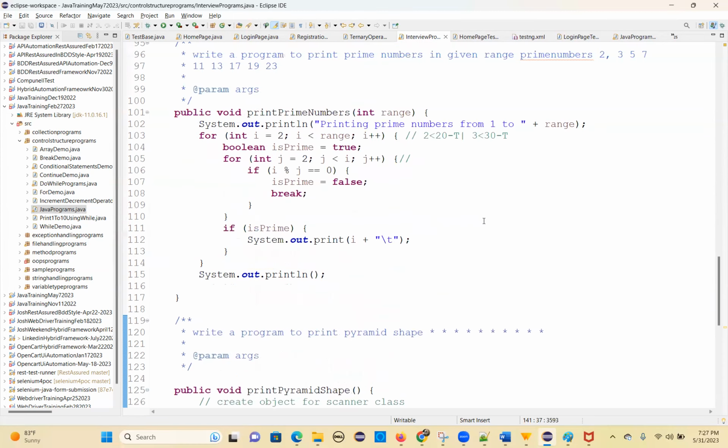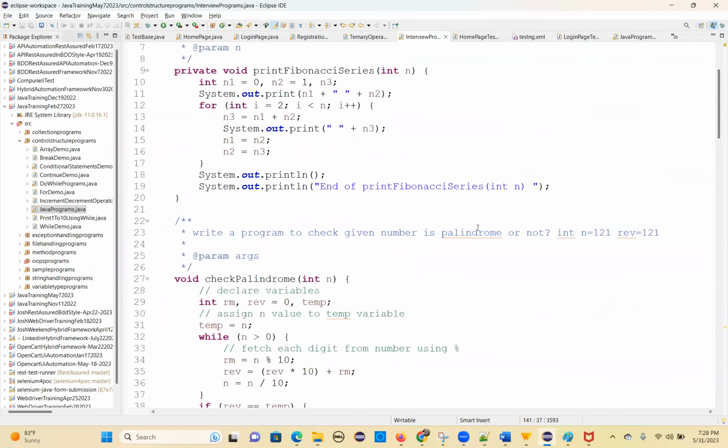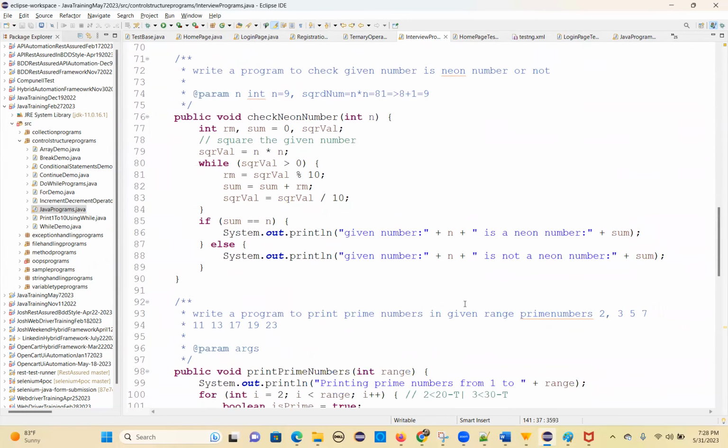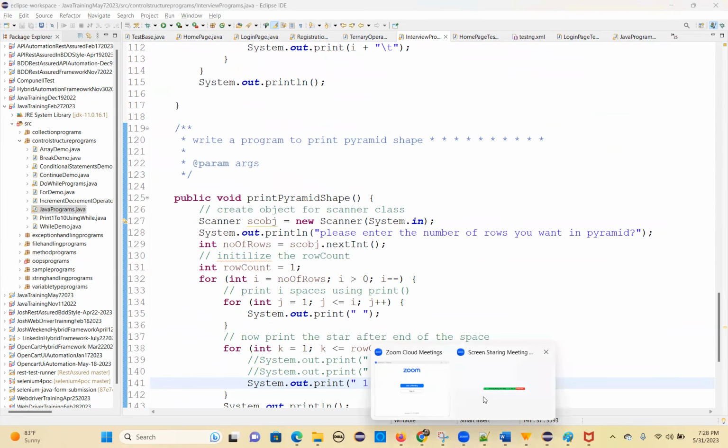So that's all about these interview programs. Please practice these interview programs before going to any interview, and that will help you if you get these problems. Any questions before